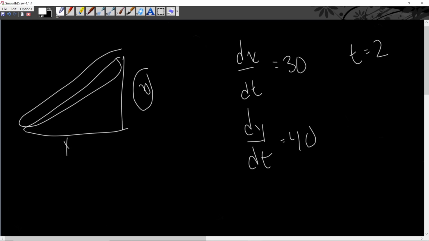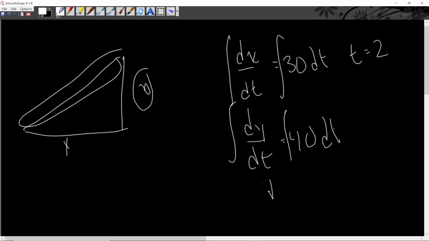We will integrate both sides with respect to t. So if we assume that these are functions of t, we'll have y is equal to 40t, and then x is equal to 30t. Yeah, I just had a complete brain malfunction. I forgot that we are doing derivatives and not integrals, and related rates is definitely integrals, but